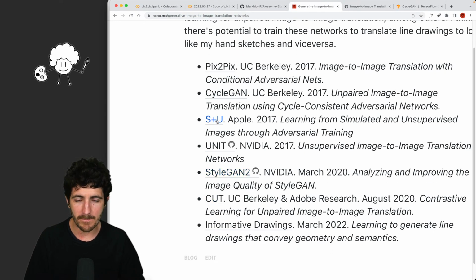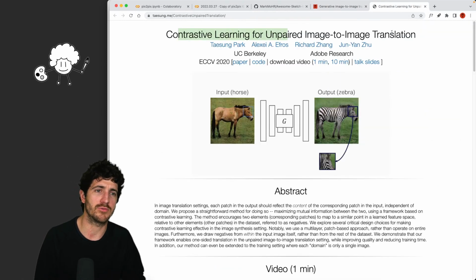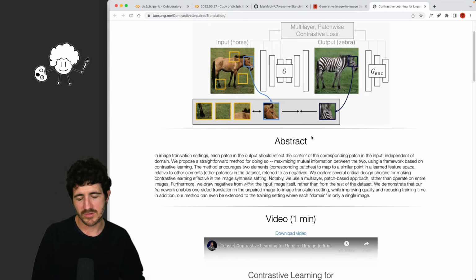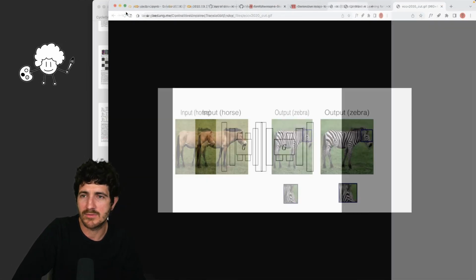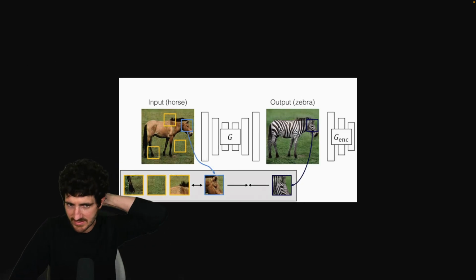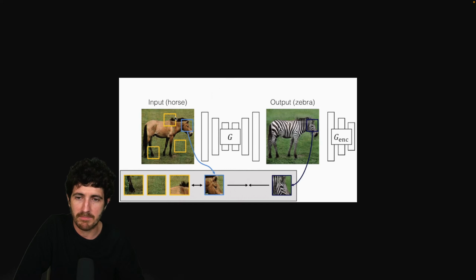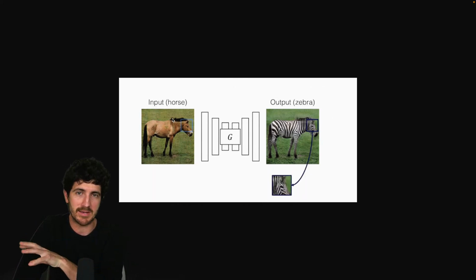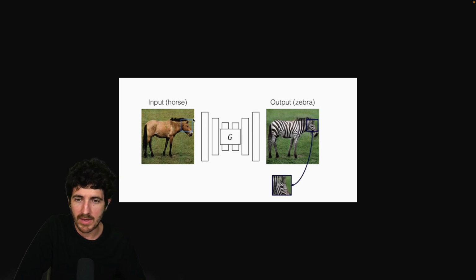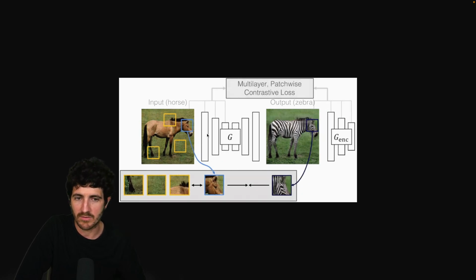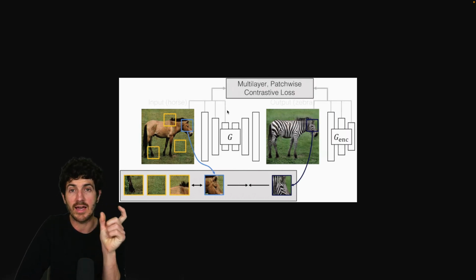What was really informative or explanatory for me was looking at contrastive learning for unpaired image-to-image translation, which they call CUT, because this diagram makes me understand a bit better what it means to do self-supervised training in this case. There is a loss that tries to map each patch, right? There are some networks called PatchGAN, for example. And this network tries to find a mapping from a part of an image to a part of another in a different domain, and it starts learning when certain patches actually have common